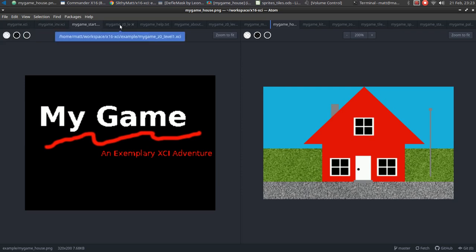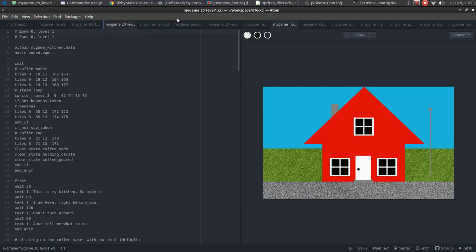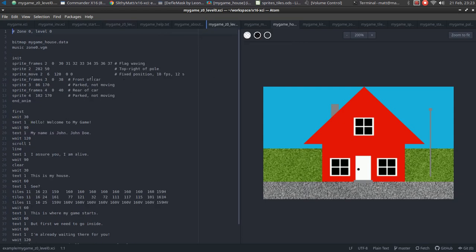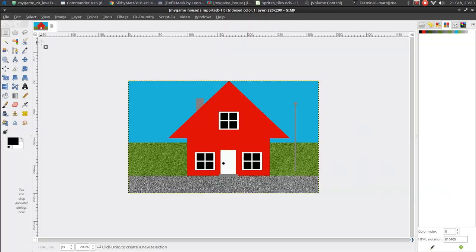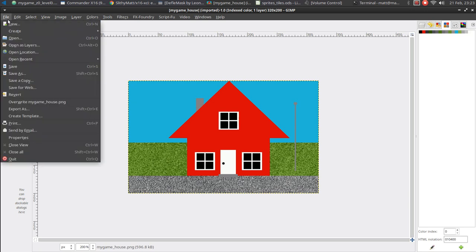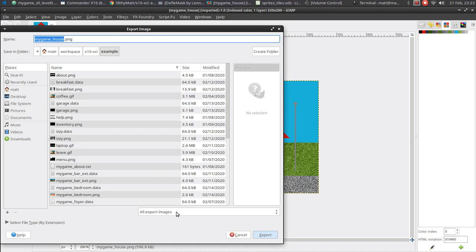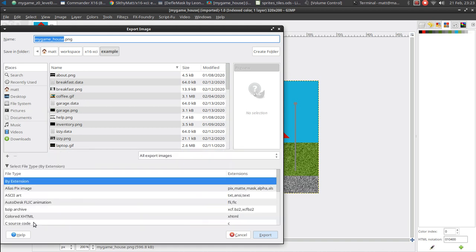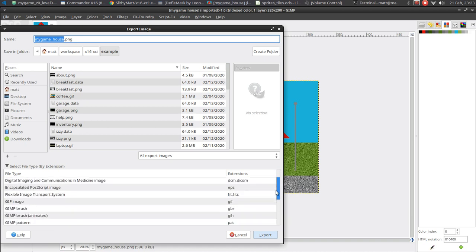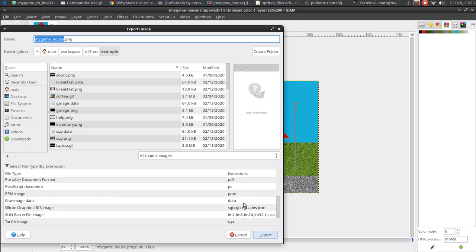So, going back to here we are. How do we define the animation? We already saw here for the top level, we're defining the bitmap for the background, which is this mygame_house.data. You can get that really simply with GIMP by doing export as, and then select file type, and you'll see down here you can export to raw image data, and the extension will be .data, and what that'll create are actually a pair of files,